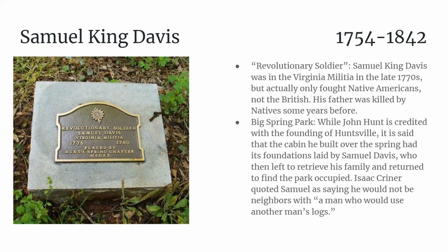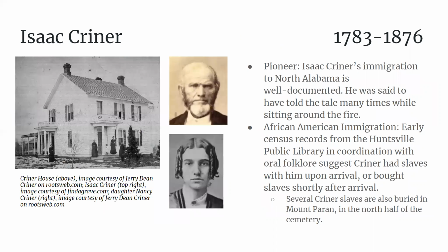Isaac Criner, another early pioneer, tended to tell the story of his settling of his abode in Newmarket, and would quote Samuel as saying that he would not be neighbors with a man who would use another man's logs. And this is Isaac Criner, who we have quite a bit of